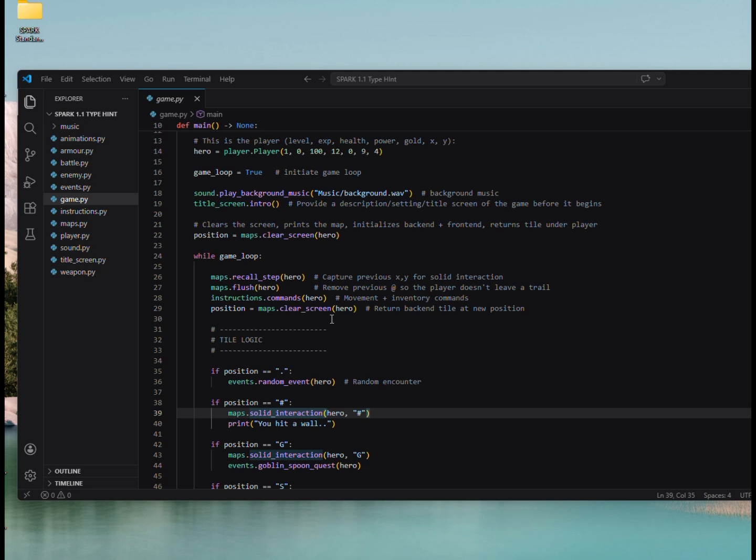Next is flush. This will remove the previous @ sign so the player doesn't leave a trail. If you remove this method, what will happen is every time you move, there'll be a trail of @ signs behind you. The next is commands. At the moment, we only have movement and infantry commands, but you can add others like spellbook or maybe use items. Next, we have that position again, and this position